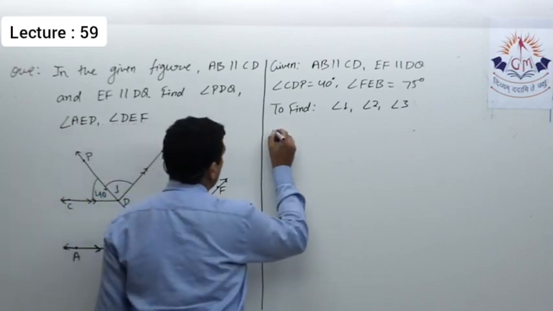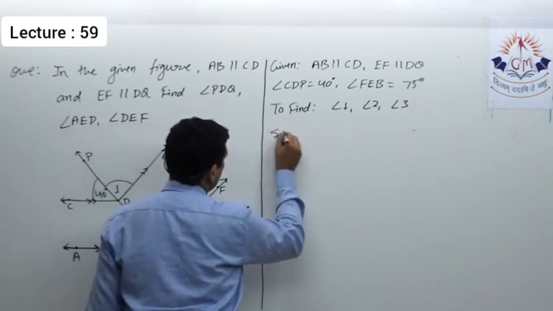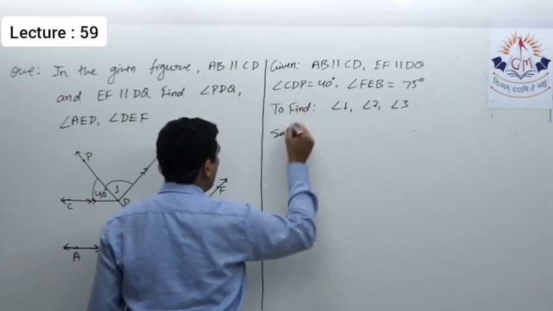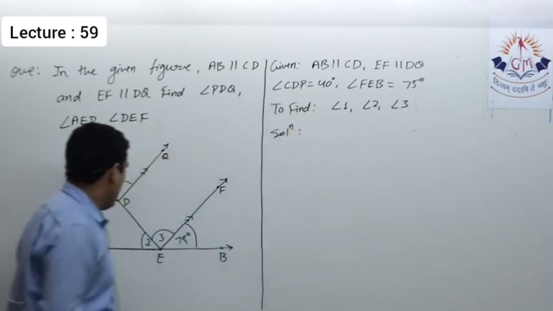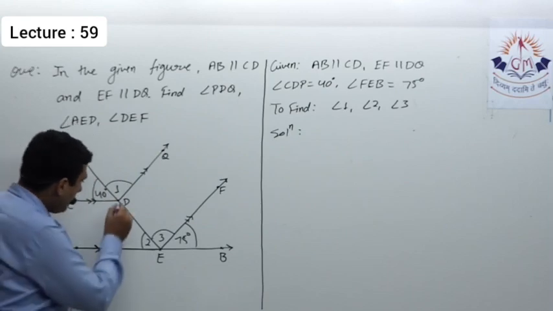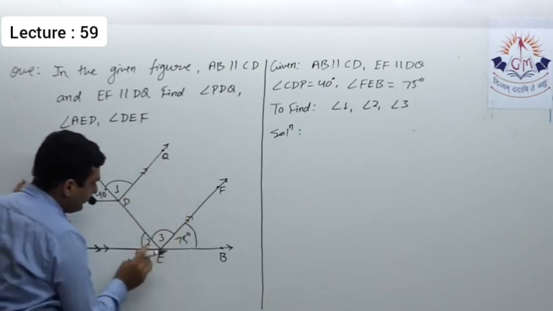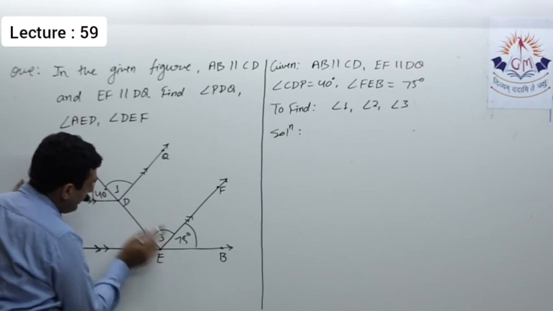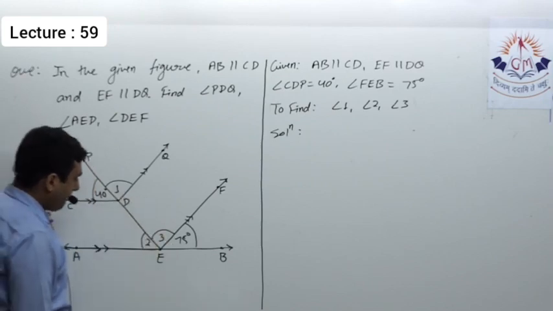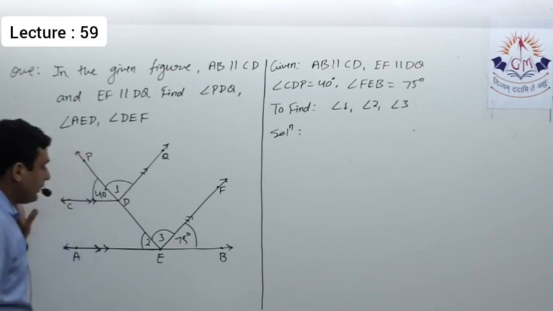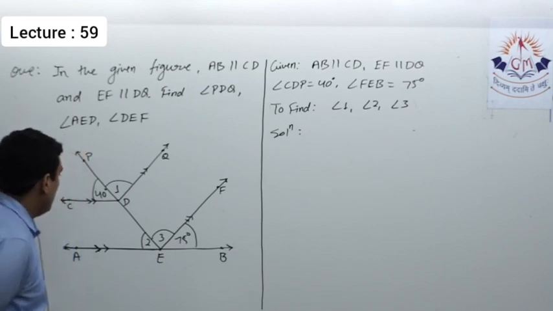Okay, now we start its solution. I won't write proof because I have to find. So, solution. See, this DQ is parallel to this. So can I say these two are parallel lines? So angle 1 is equal to angle 3. But 1 equal to 3 is not going to give you any of the measures of the angles.